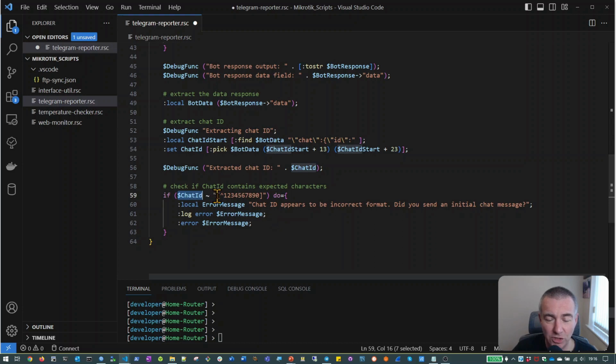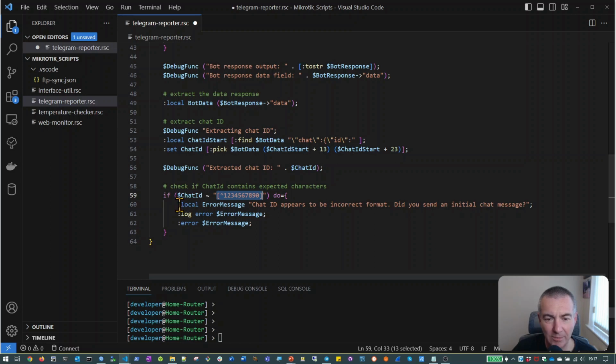We check to make sure that none of the characters are anything but the numbers 1 through to 0. If any of them were not a numeric character, so if we had the letter A in there, or a question mark or a slash or anything but numeric characters, then we would get a true match here, and